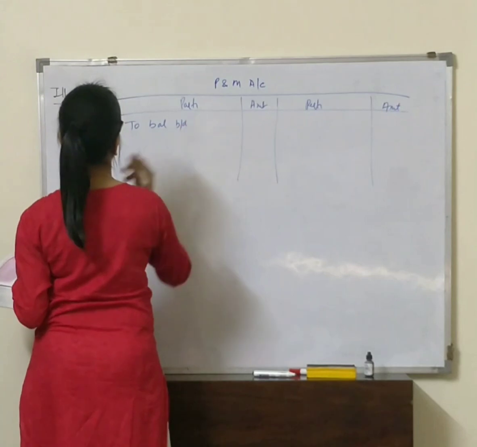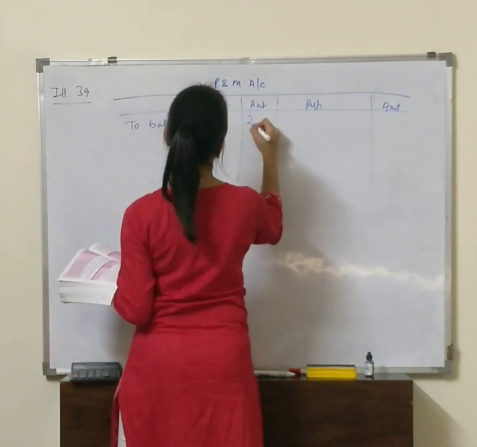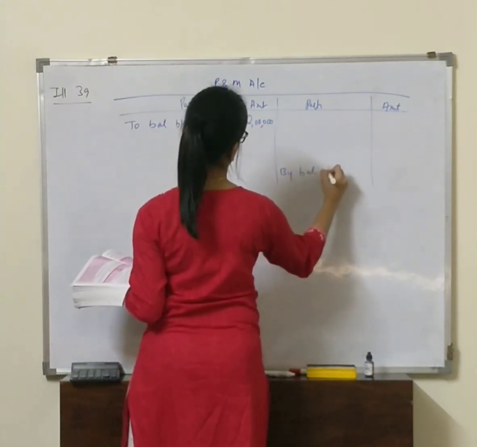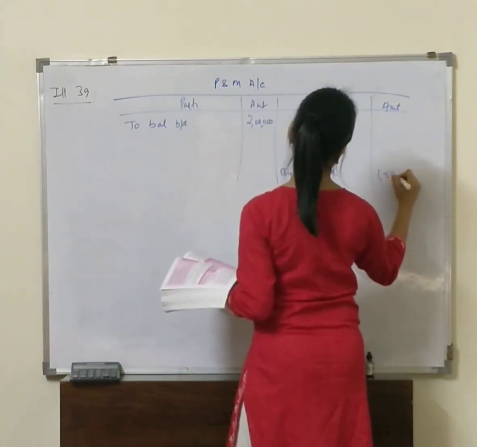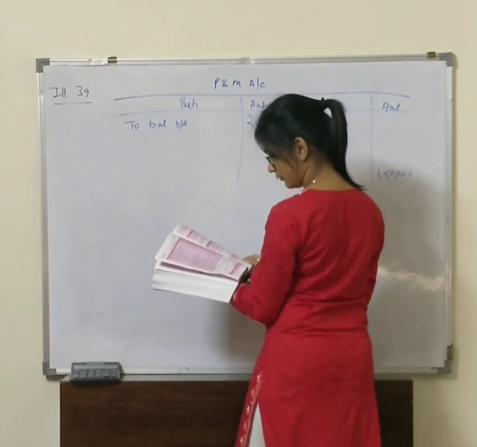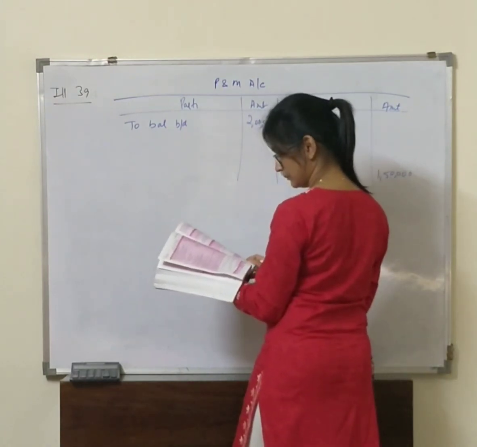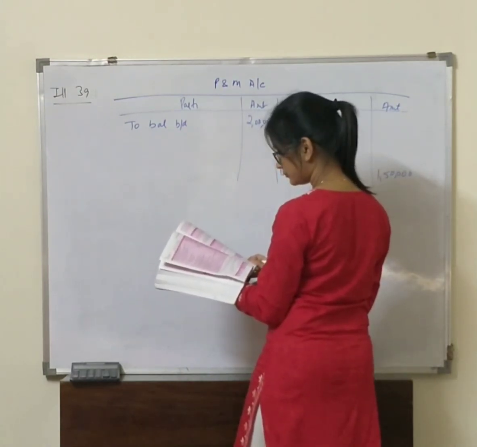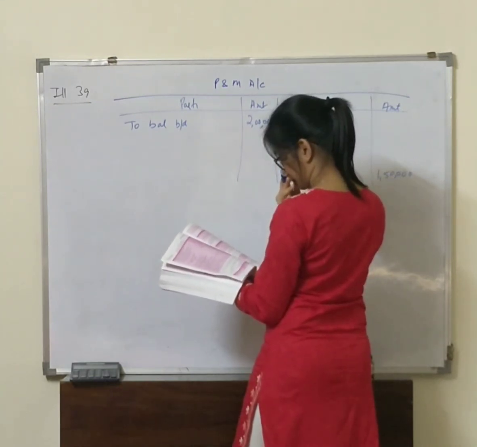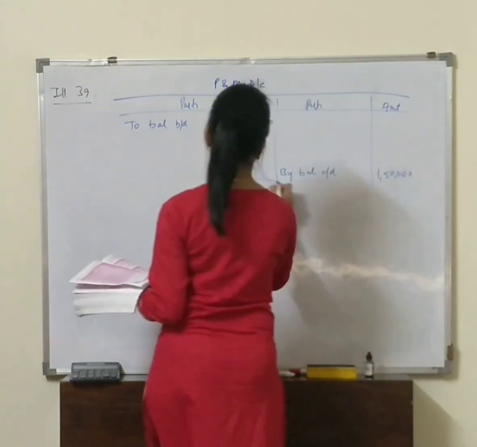What is the opening balance of plant and machinery? It is 2 lakh. What is the closing balance? By balance carried down, 1,50,000. Anything else which is given? Is there a sale? No. Nothing has been given. So what do we do? Whatever balancing figure we get will be a purchase or sale.